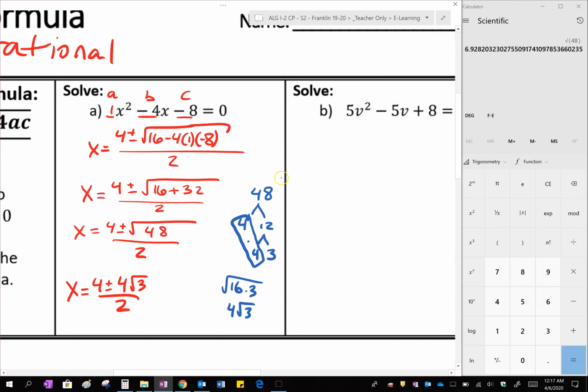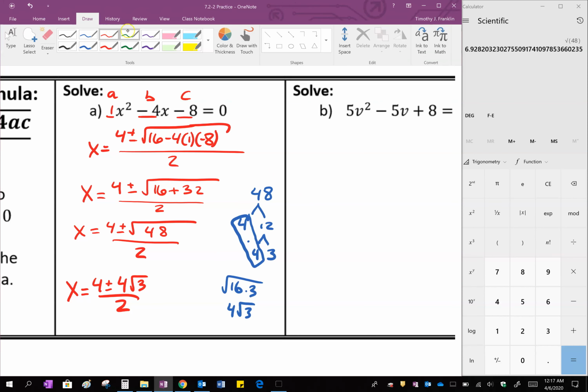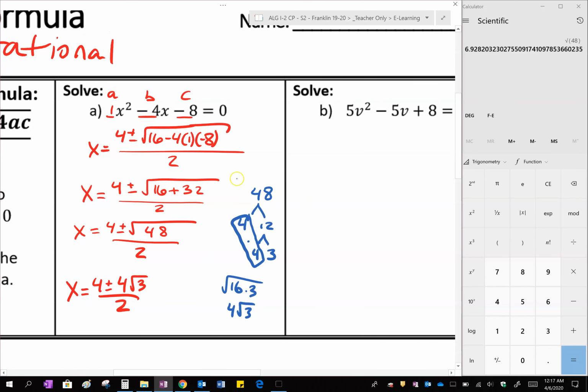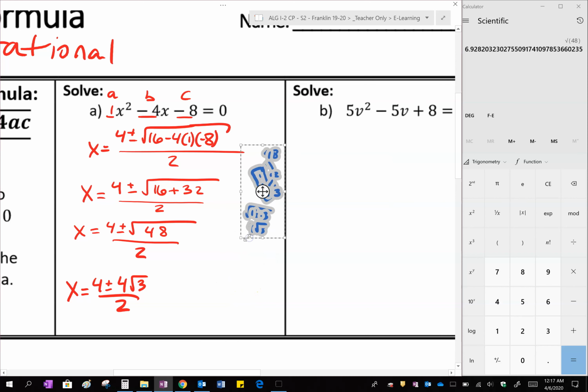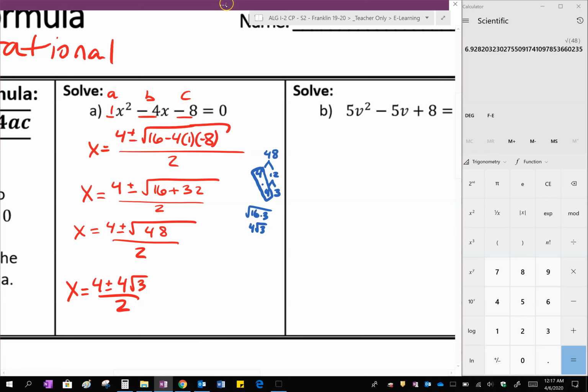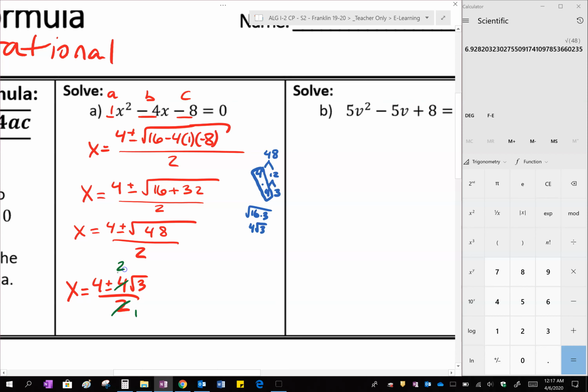If you need help on that, if you're not sure how that works, check out that first video in this unit. So now that we have that, we're going to simplify a little bit. We can divide everything by 2, but just the coefficient on that square root. Can't actually mess with the square root now. So here x is going to equal 2 plus and minus 2 root 3 over 1,